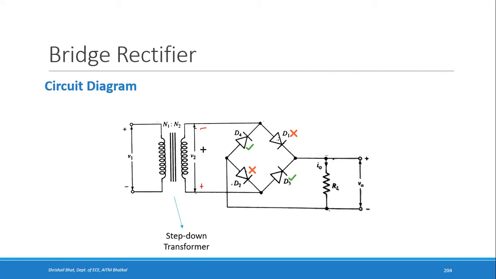See here there is positive, right? So this will be the direction from positive. If it originates, it comes to this particular node. In this node, since here there is an open circuit, there is no current in this path, so all the current will move in this direction. At this particular node, again, since here there is an open circuit, all the current enters here, and this current will flow through RL as I naught, and it will come to this path, right?